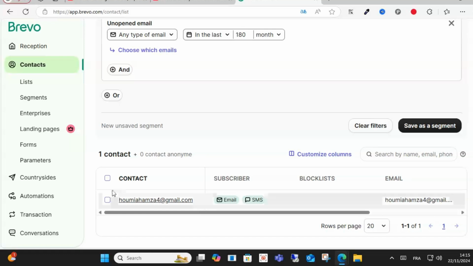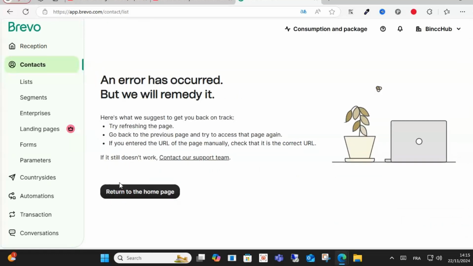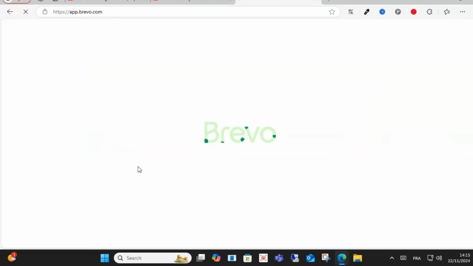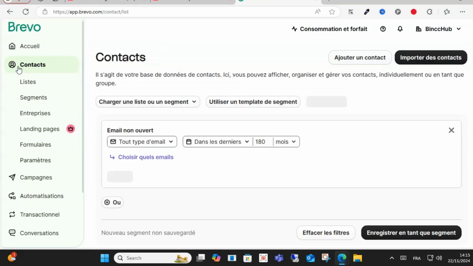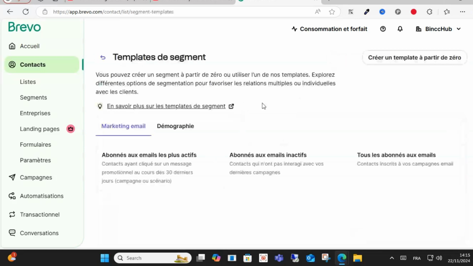And what you have to do is scroll down, click this icon here, and click as you can see here. As I said, wait guys, I have this problem. Click this contact and click on Use template Sigma. And what you have to do, click Contacts, click this here,